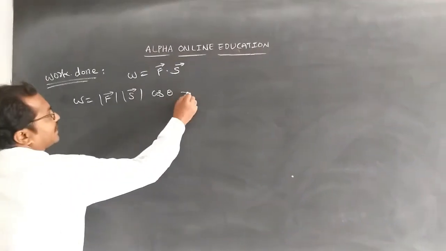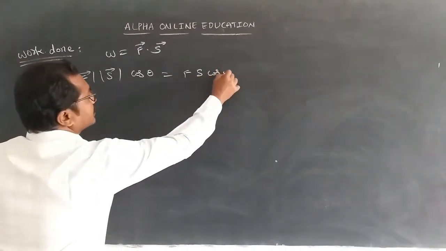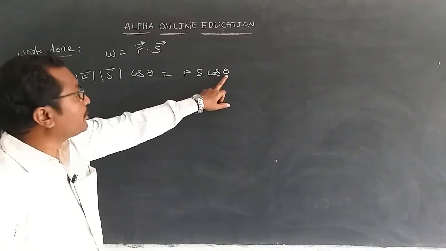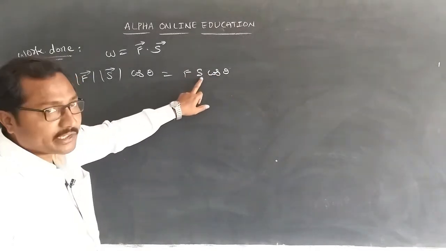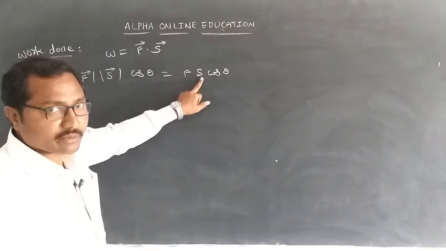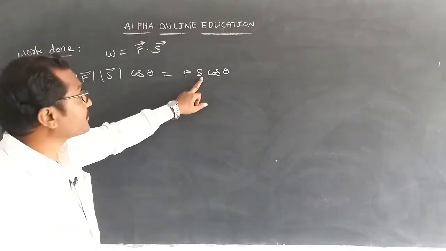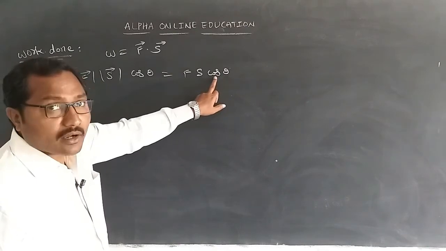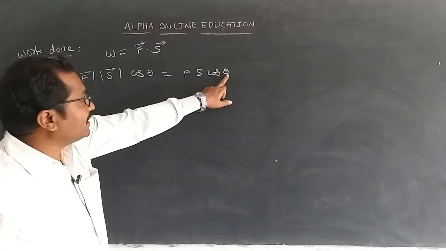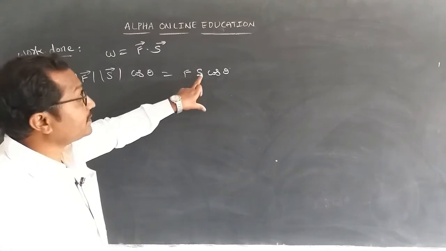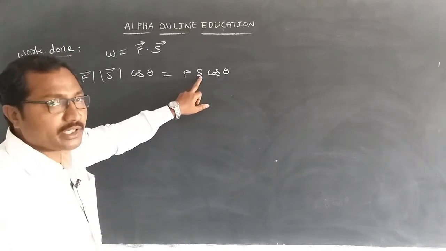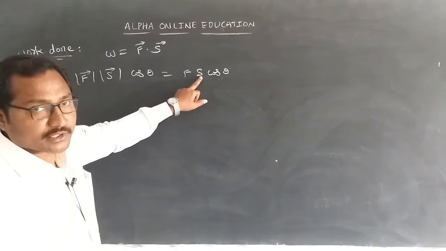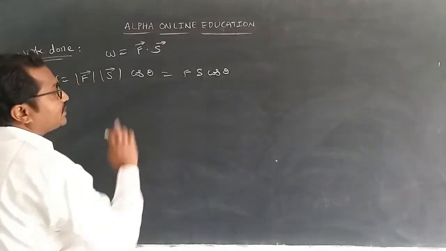Now in other words we can write this as F s cos theta, and this is the cosine of the angle between the force and displacement. Remember this one, this is one of the most important cases. Once again I am repeating, this theta is the angle. Which type of angle? Cos angle. This is the angle between the force and displacement. If you remember this, then it will be very easy to understand the total concepts. Okay, right.